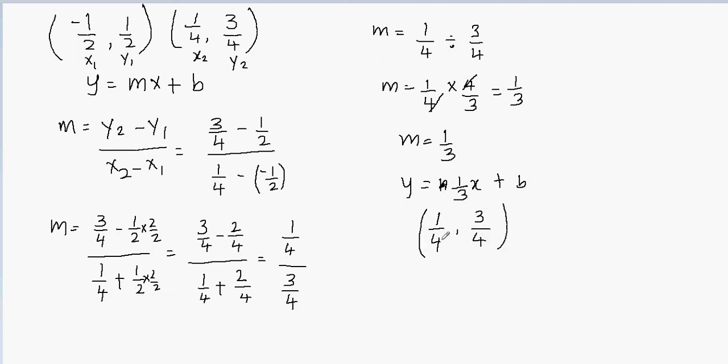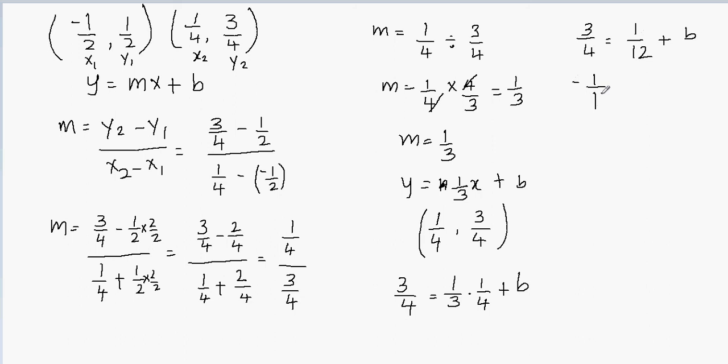So in place of x, I'll plug in 1 over 4, and in place of y, I'll plug in 3/4. So y, 3/4, is equal to 1/3 times x. What is the value of x? x is 1/4. So 1/3 times 1/4 plus b. And we can go ahead and solve this. 3/4 is equal to 1 times 1 will be 1, and 3 times 4 is going to be 12, plus b. Now since we want b by itself, we can subtract